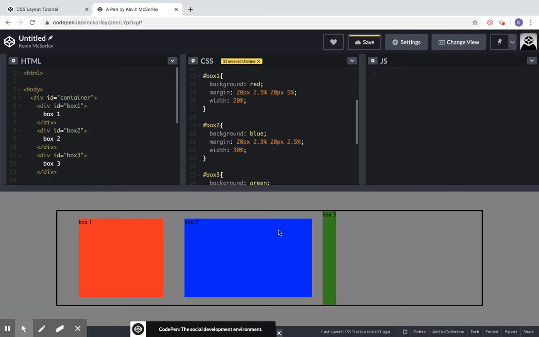Okay, so let's think about why did I use 2.5 here and 2.5 here and 5 here? Well, this is my left margin, right? This 2.5, this is my left margin of my blue box. This is my right margin of my red box. All right, and those together, 2.5 and 2.5 make up 5%. All right, so let's stop there and we will continue with